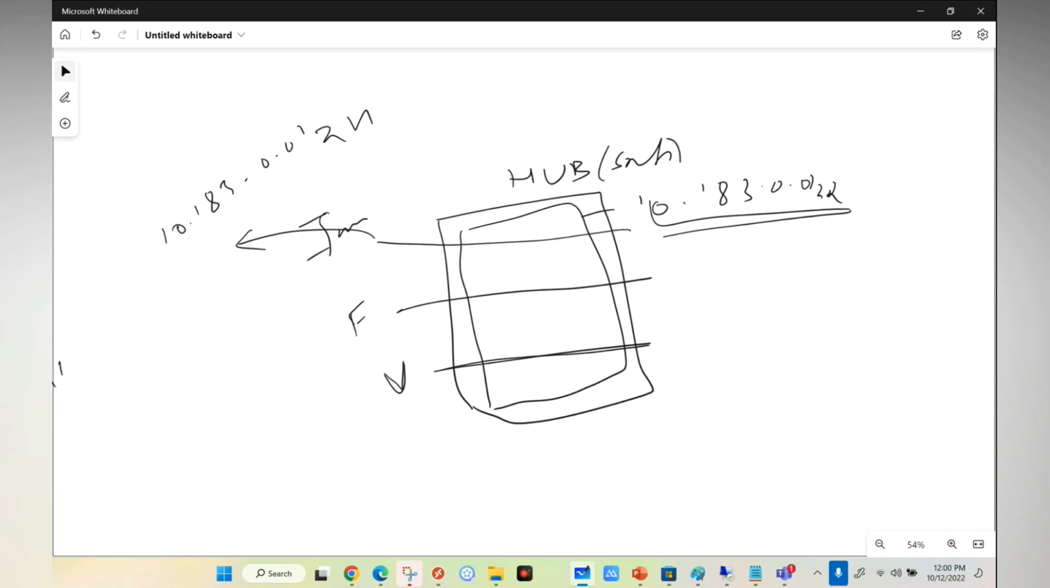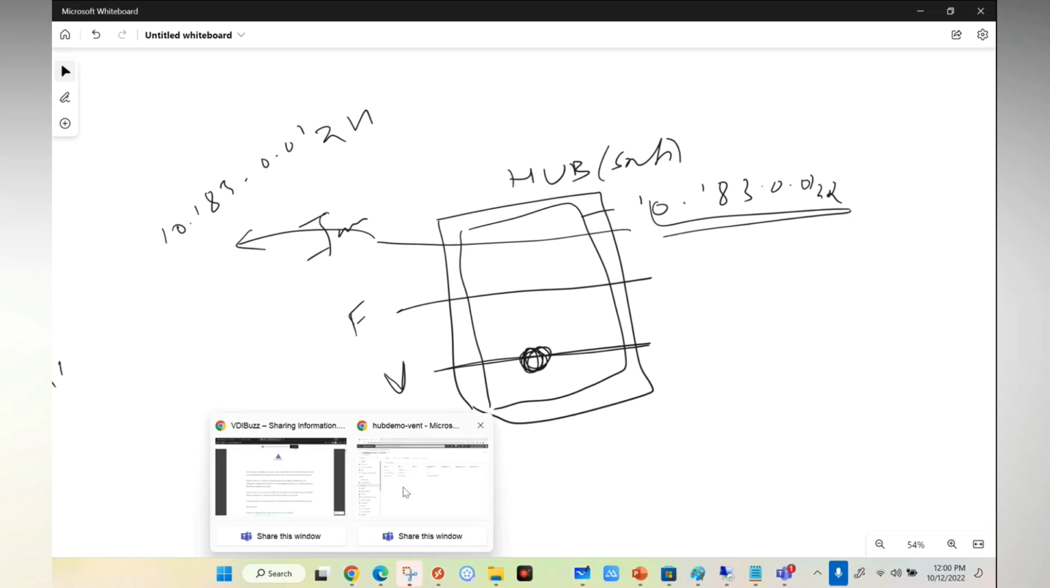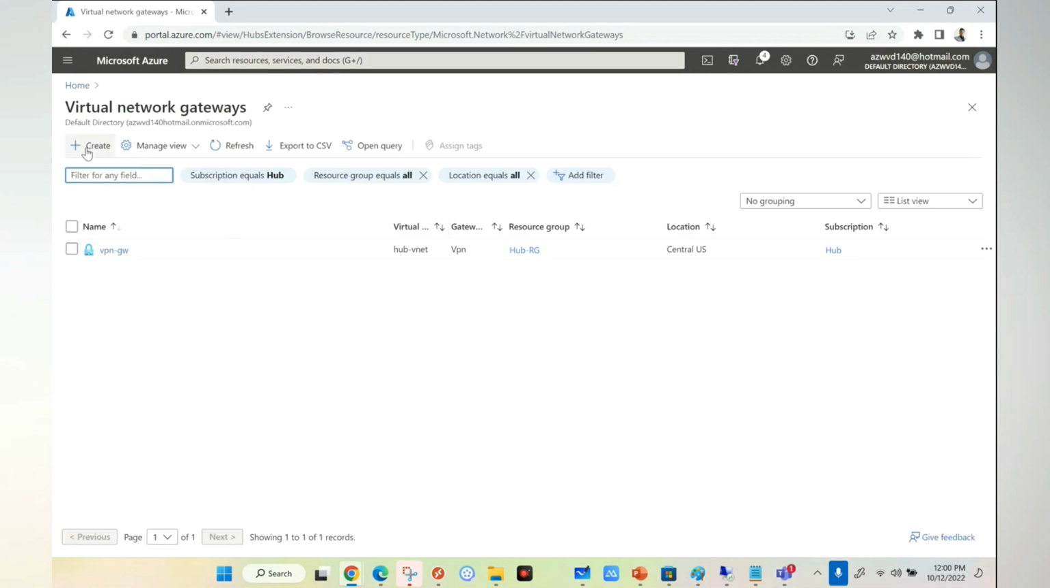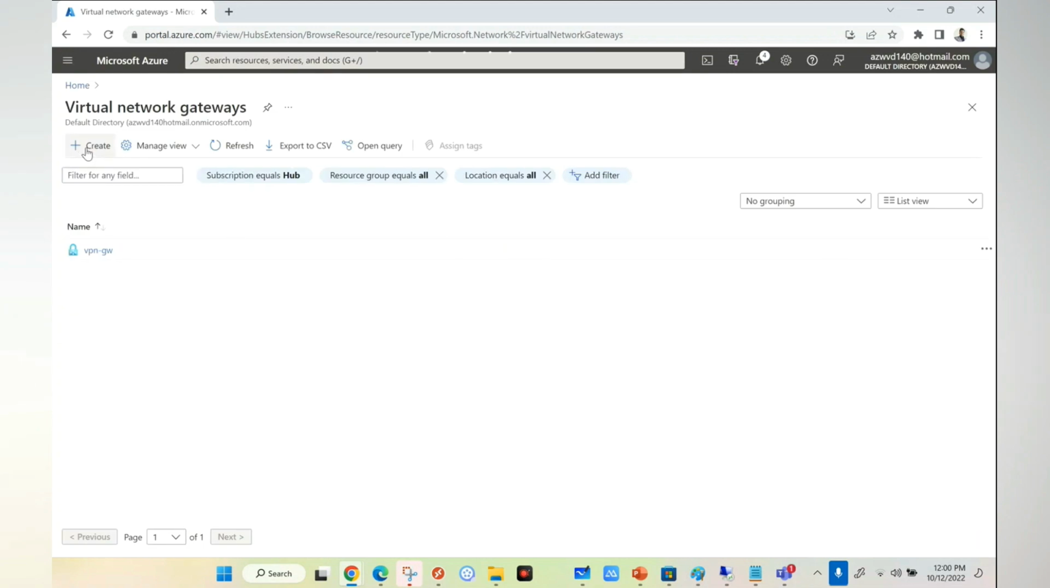Okay, so now the next step is we are going to create a VPN appliance, a VPN gateway. To create the VPN gateway, we need to go to the Azure portal. We need to select VPN gateway. Okay, so now you need to select create,